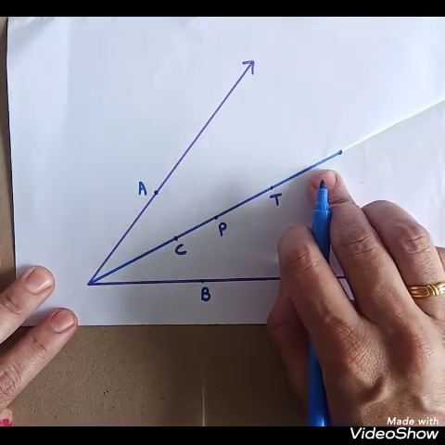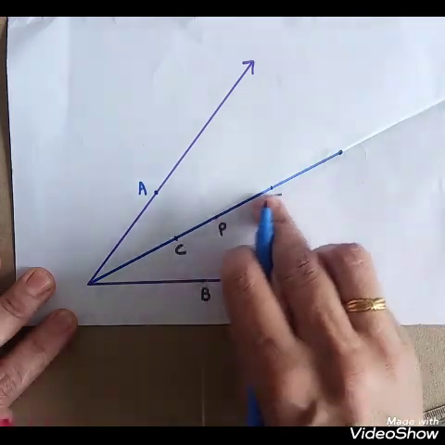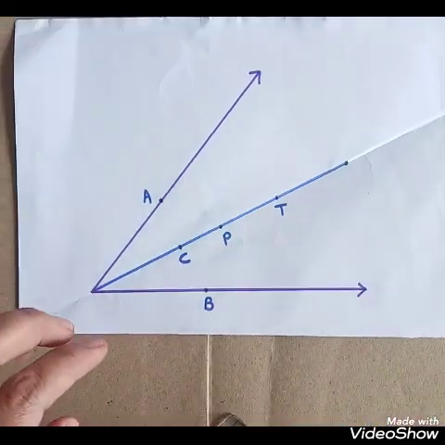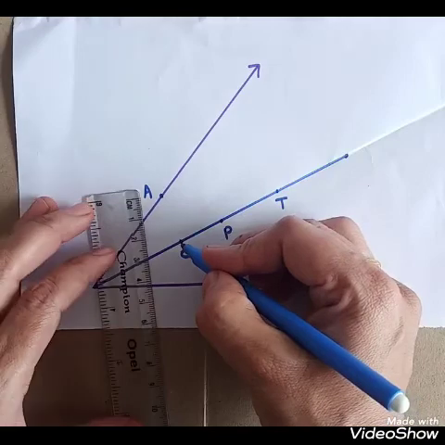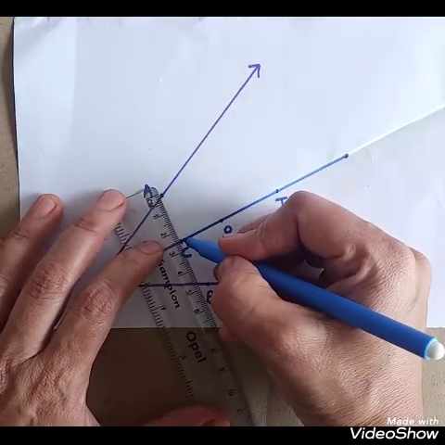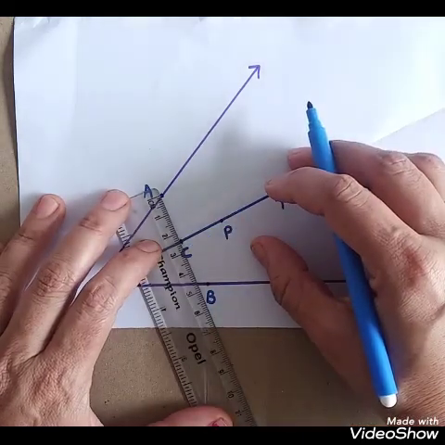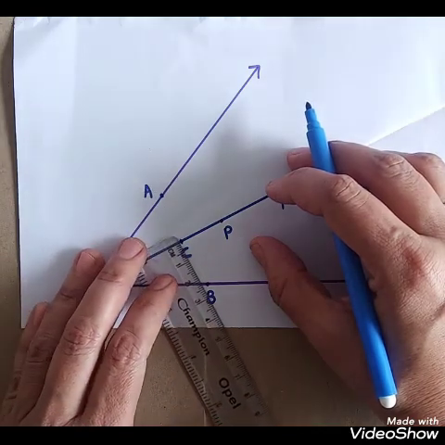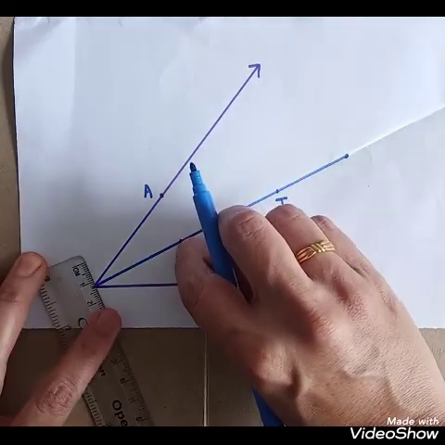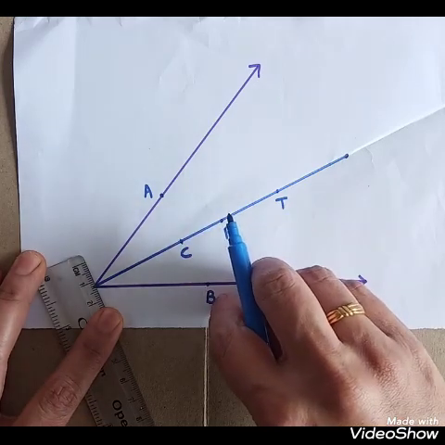Now we are going to measure the distance of each point from points A and B. For example, if we start from C, then the distance from C to A is 2.5 and the distance from C to B is again 2.5. So point C is at equal distance from point A and again at equal distance from point B.